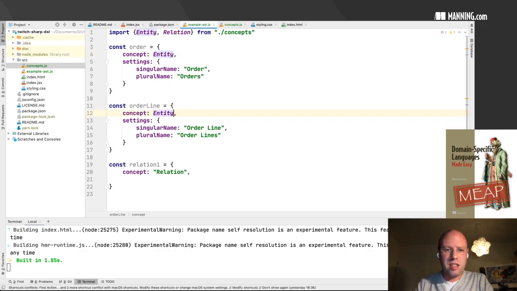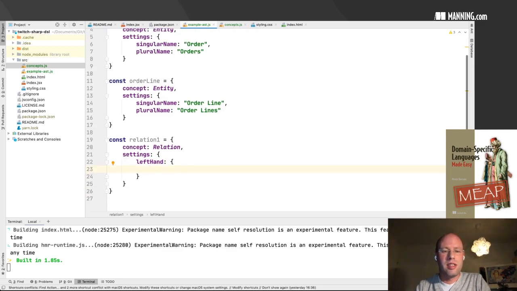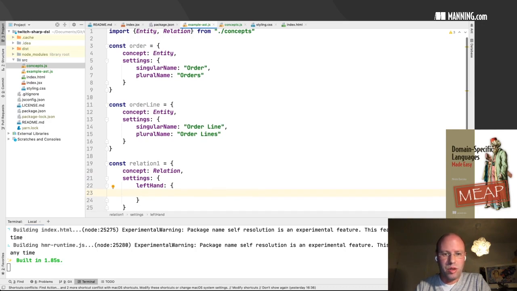And this makes it a tiny bit safer. Okay, so also a relation object will have a settings sub object. And it will have a left or left hand, apparently I call it. And now we want to point to